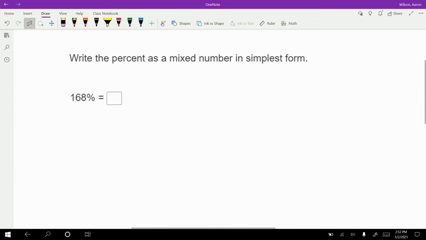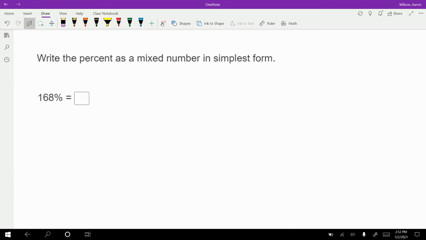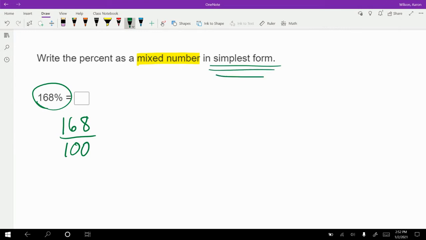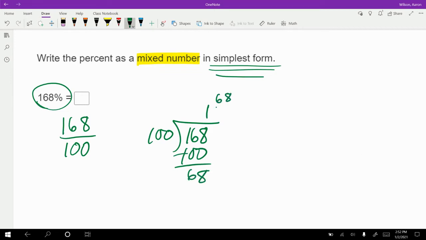On into another one where it asks us to write the percent as a mixed number, this time in simplest form yet again. So we are given a percentage of 168. Well, that's always out of 100, so we're going to start just like that, 168 over 100. Now we have to simplify it because it has to be in simplest form. Well, that's an improper fraction because the numerator is larger than the denominator. So that's when the numerator is going to be divided by the denominator. How many times does 100 go into 168? Well, it just goes in once with 68 left over,